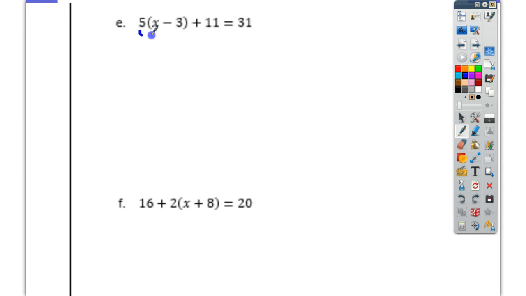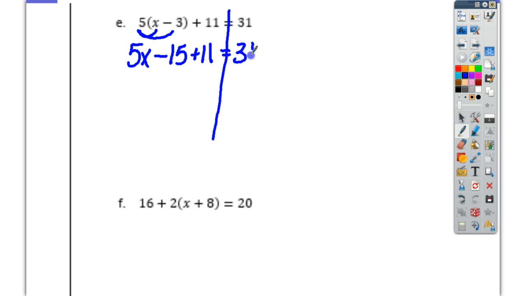Distributive property. 5x. 5 times a negative 3, negative 15. Bring down your plus 11 equals 31. Now we just can't red rover. Here we have some like terms that we can combine before we start to do our inverse operations. My like terms are this negative 15 and this positive 11. It's a fight. Who wins? The negative by